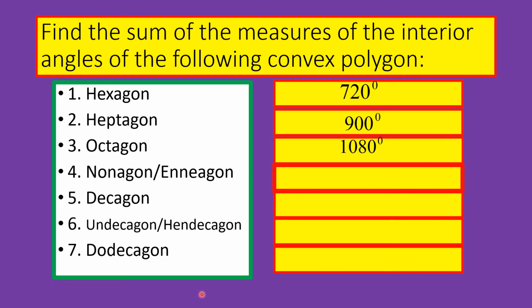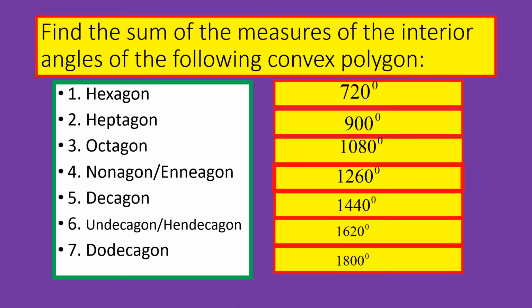We have a nonagon or enneagon. That is 9 minus 2 times 180. And that is 1260 degrees. We have a decagon. That is 10 minus 2 times 180. And that is 1440 degrees. We have undecagon or hendecagon. That is 11 minus 2 times 180. And that is 1620 degrees. And we have dodecagon. And that is 12 minus 2 times 180. And that is